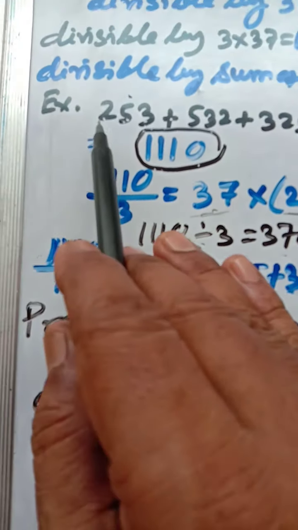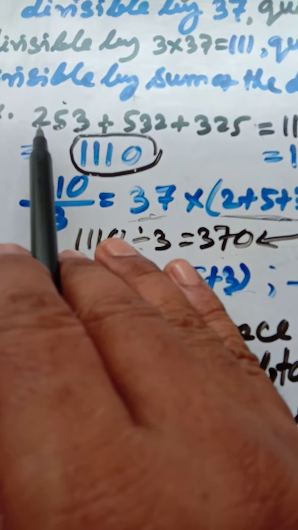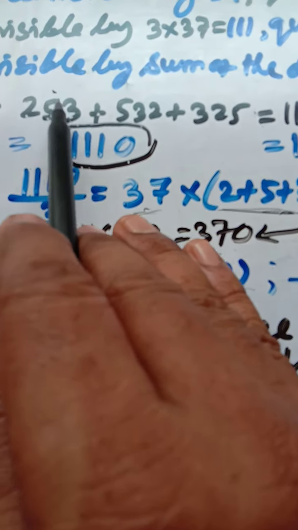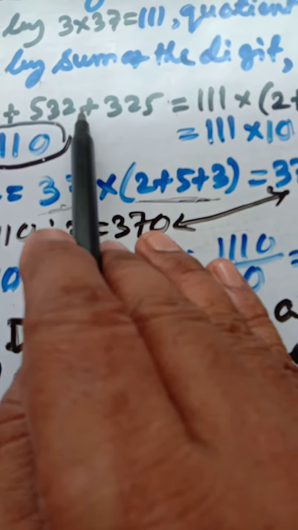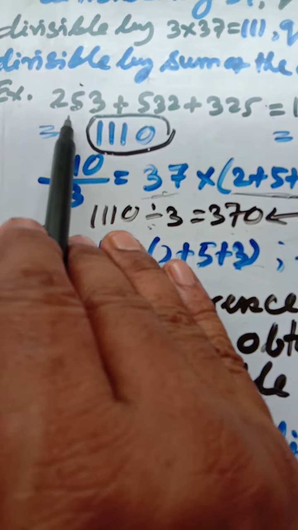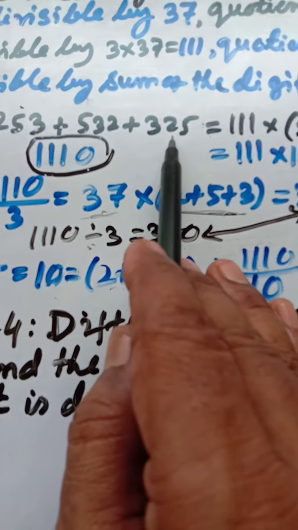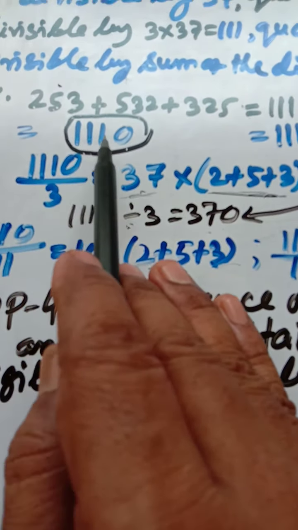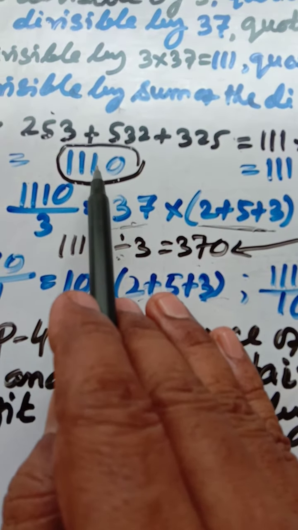Let us take an example, it will be easier. 253 is the three-digit number. If you change the digits clockwise, 532 will be the next number. From 532, again the digit 5 will go to the end, and 3 2 5 will be the next number. So there are three numbers: the first is the original three-digit number, and the other two are obtained by changing the digits clockwise. So you have got the summation: 1110. The summation will always be divisible by 3.